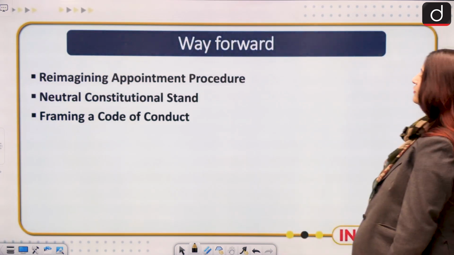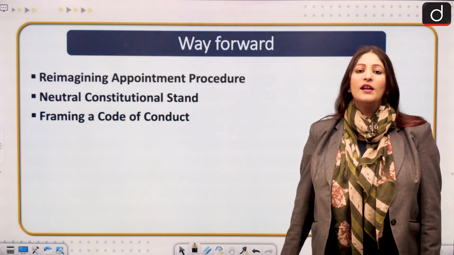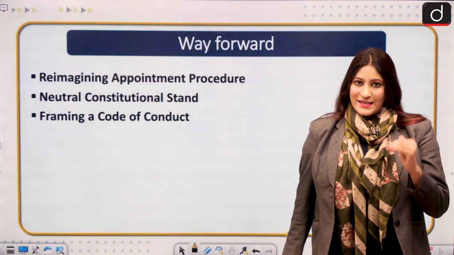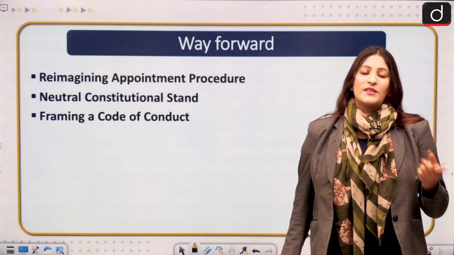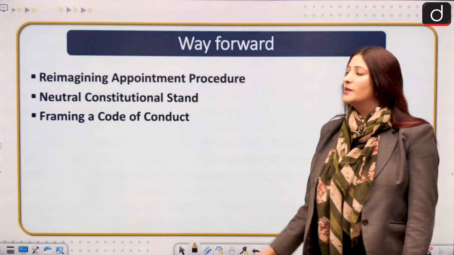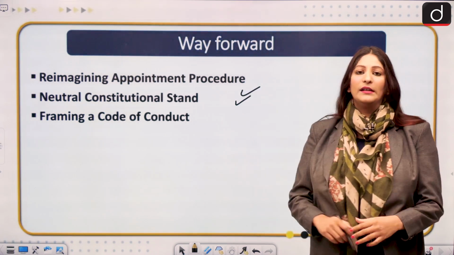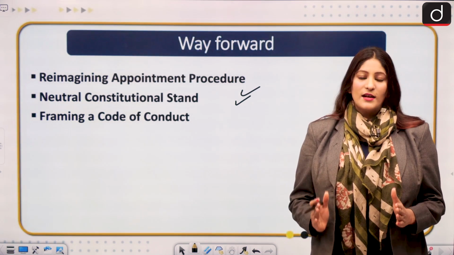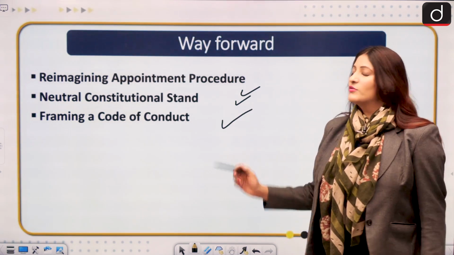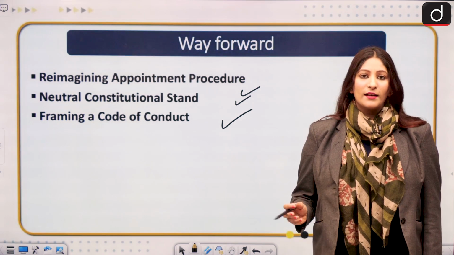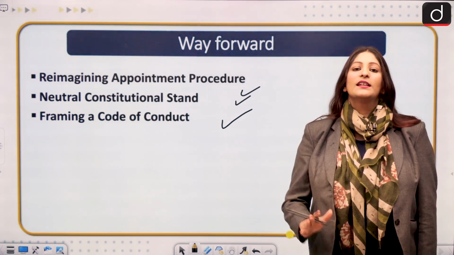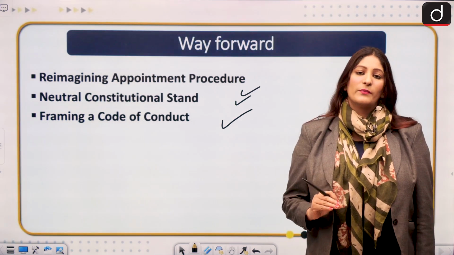But as a way forward, we first have to try to build a committee which includes all the important stakeholders and even the chief minister of the state for which the governor has to be appointed. There is also a need that neutral people are selected as governors. Then there is also a need for a code of conduct, so that fewer disputes happen and the citizens of the state can benefit the most from this